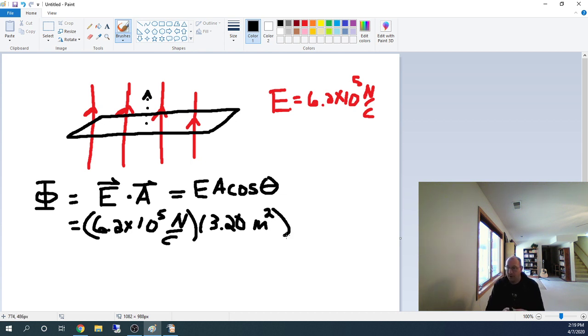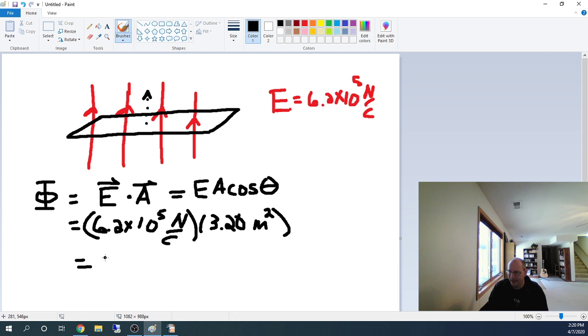Which, when we multiply them, 6.2 times 10 to the 5th times 3.2 square meters, I get 1.98. I guess I should probably use proper significant digits more often here, but I'll do it here. So it ends up being 1.984, which if we take two significant digits here, which is appropriate